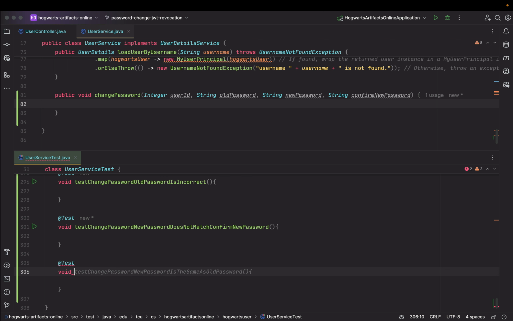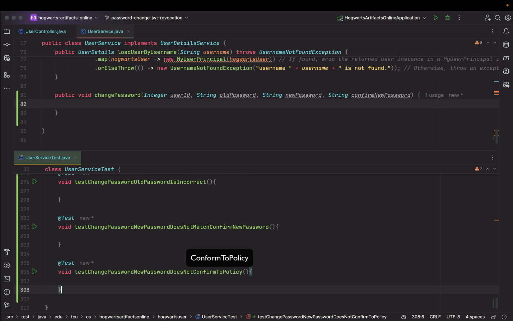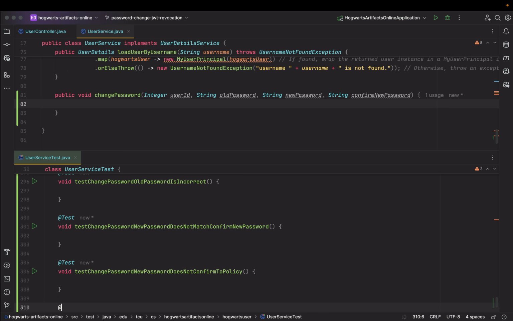Maybe the new password does not conform to the password policy. So test change password, new password does not conform to policy. Last but not least,